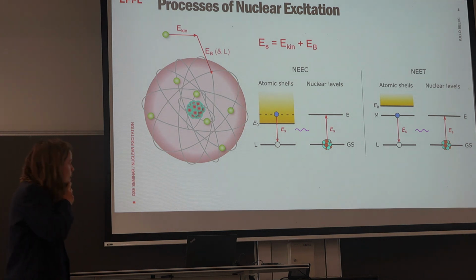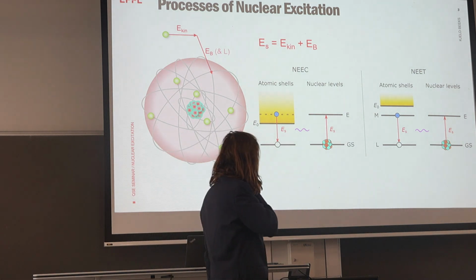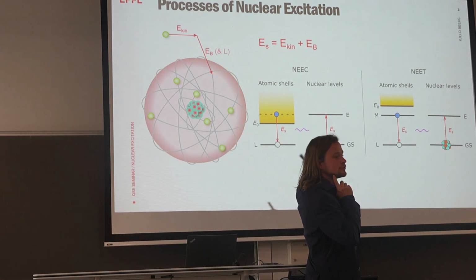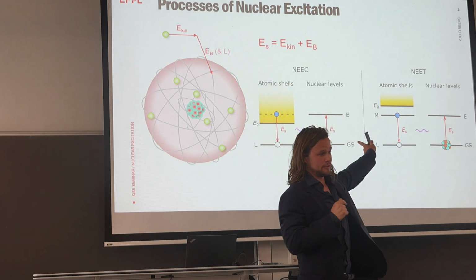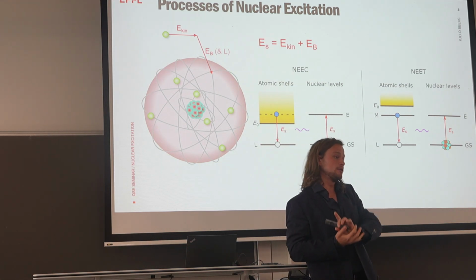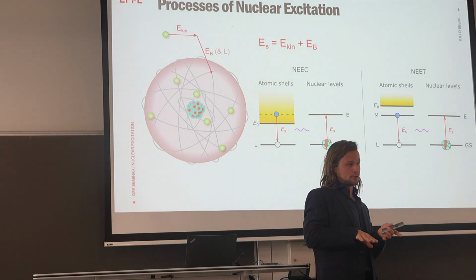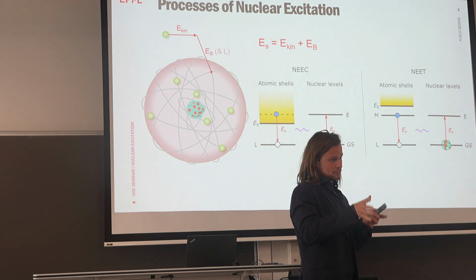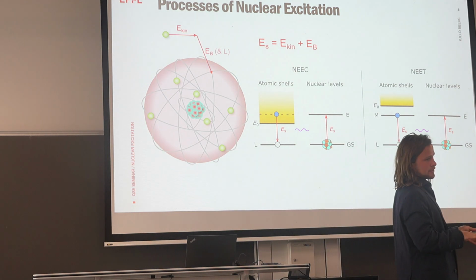Sorry, this electron is being captured by the nucleus, and it's not a part of the atomic orbitals? Right? No, it's captured in the atomic orbital in this case. Because if it were captured in the nucleus, it would obviously change to another isotope, right? This would be transmutation. That's possible as well, but the energy scales are very different.